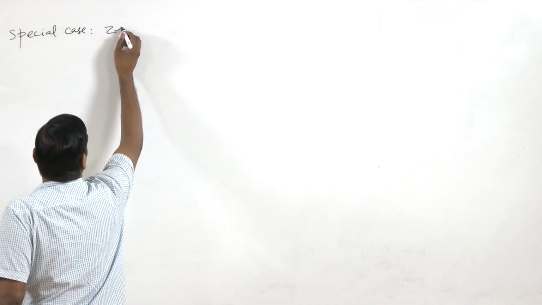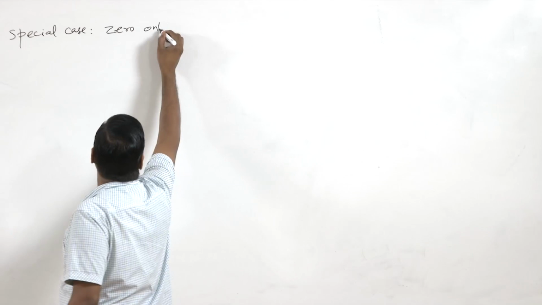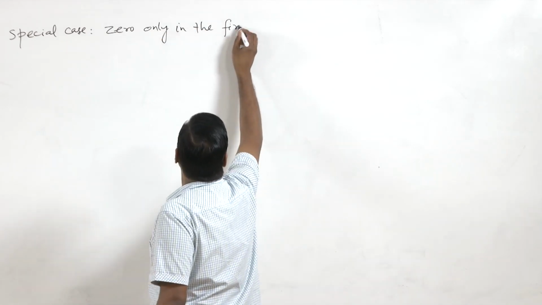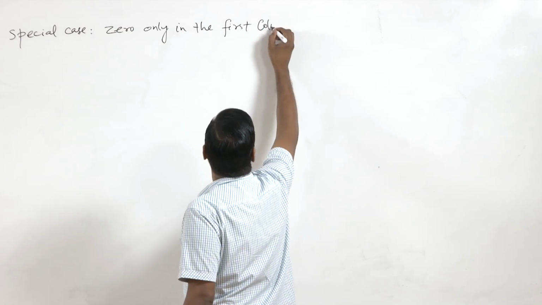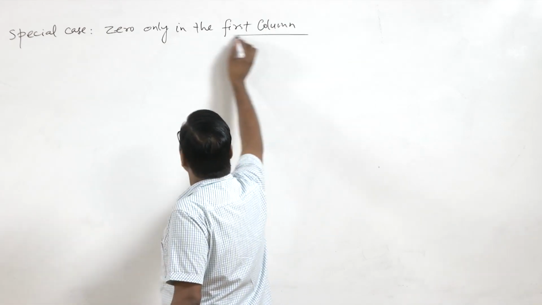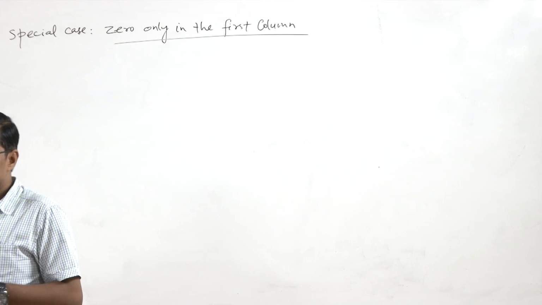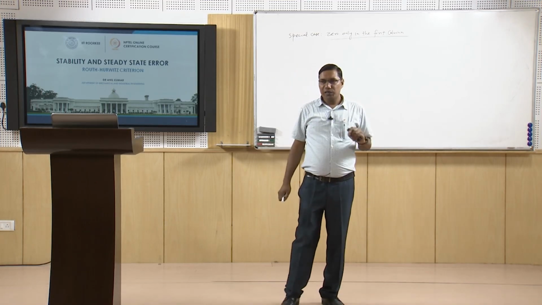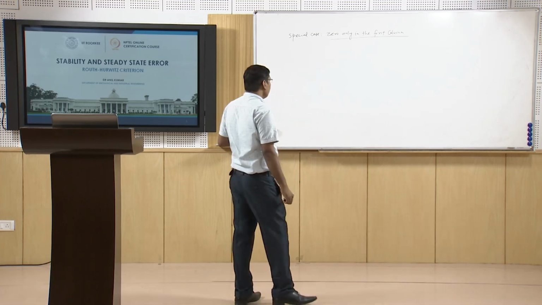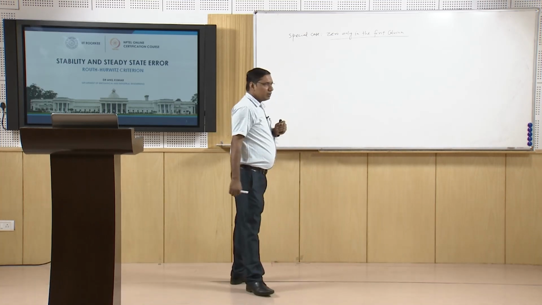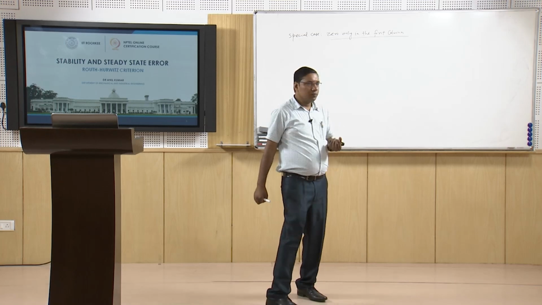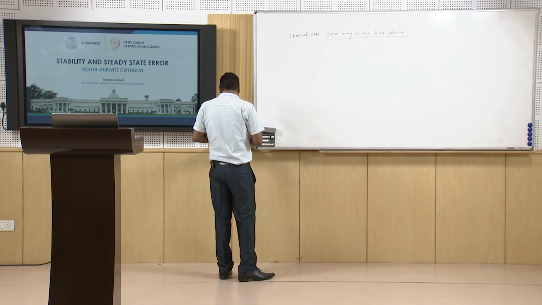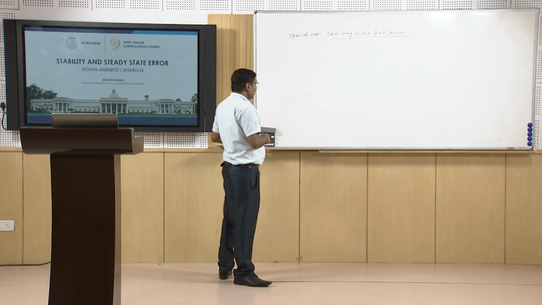When 0 is only in the first column. Here we assume that 0 is only in the first column and not the complete row is 0; at least one element is non-zero in the row and the first column element is 0. So, when this happens,